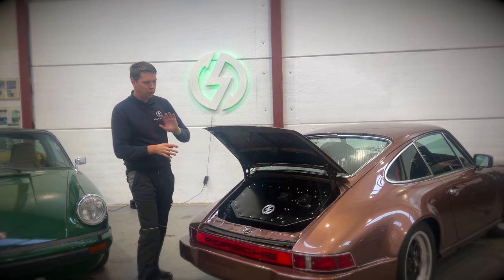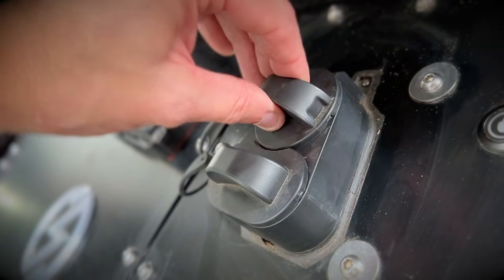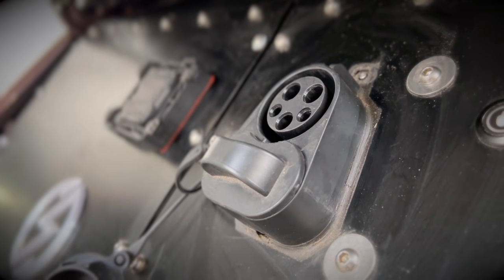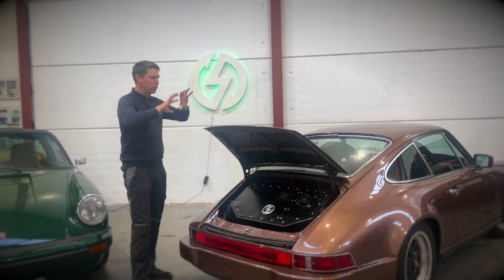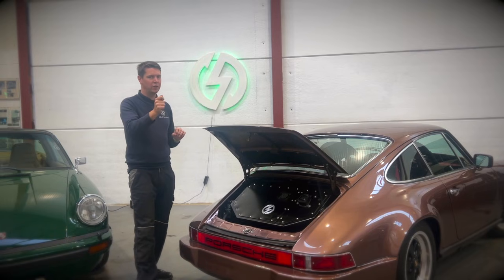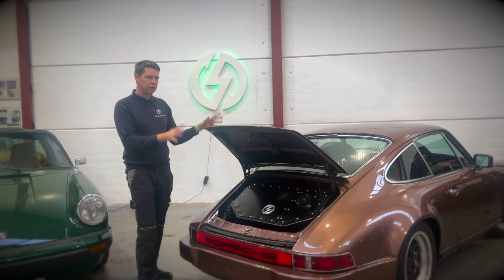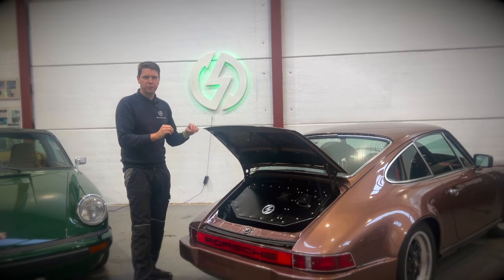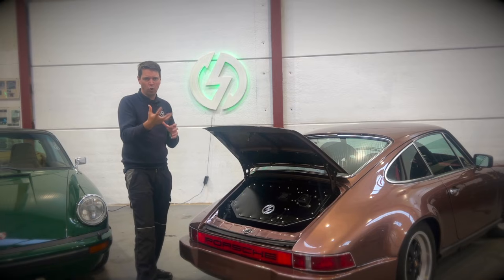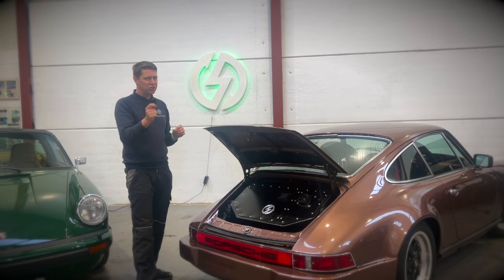Also in the back here, we've got our CCS charging socket as well. This is always one of the biggest struggles that we've found with all of our conversions. We're trying to keep the vehicle as classic as possible, especially in how it looks. So we want people to look at the vehicle and still see a beautiful classic car. What we don't want is people suddenly noticing something awkward and gawky sticking out and looking really strange. Having the charging point somewhere subtle is such a huge challenge because most of the